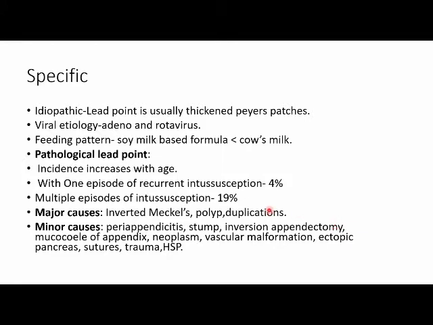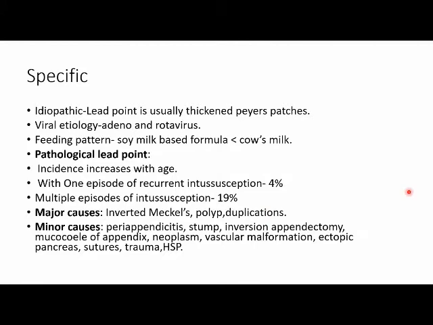Now coming to the pathological lead point, the incidence usually increases with age. With one episode of recurrent intussusception seen in almost 4% of the cases, and multiple episodes of intussusception accounting for almost 19% of the cases. The major causes of a pathological lead point include an inverted Meckel's, a polyp, or a duplication cyst, and